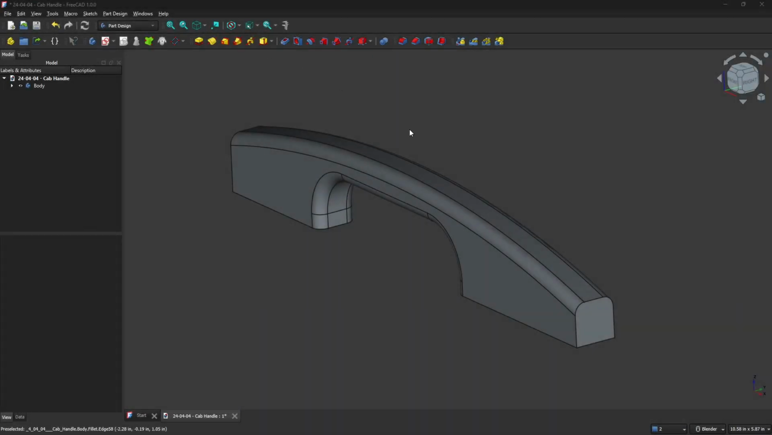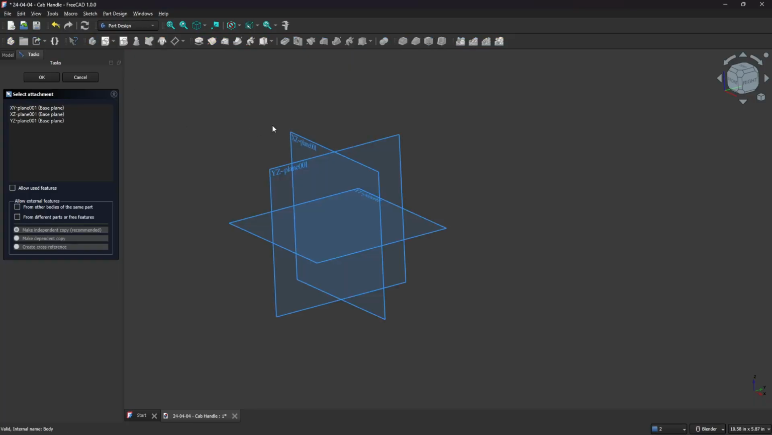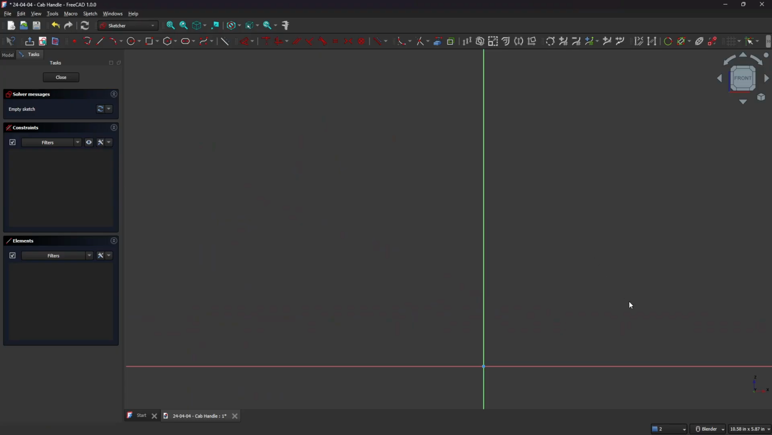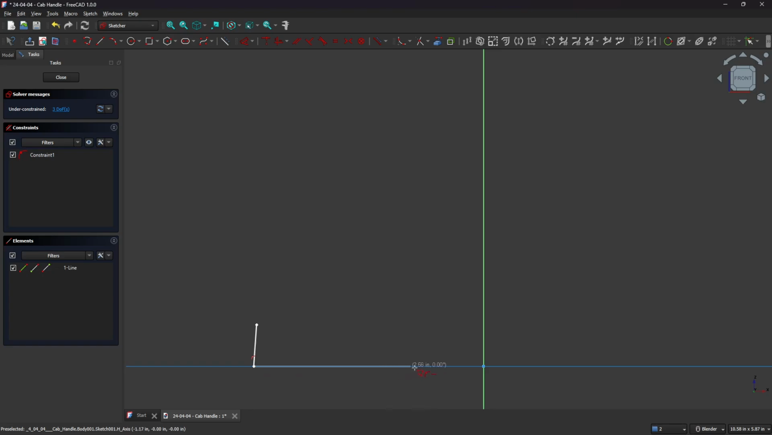For this part, we'll be using the filleting operation and the mirroring operation. I'll create a new body, hide this one, make sure this one is selected, and create a sketch on the XZ plane. In the bottom right, let's make sure that we're using IPS for this part. And now we'll use the polyline tool